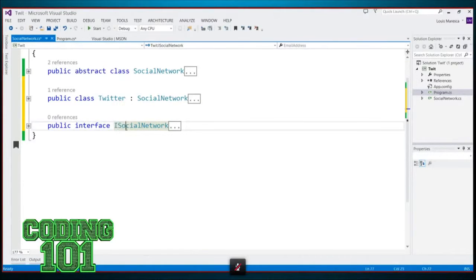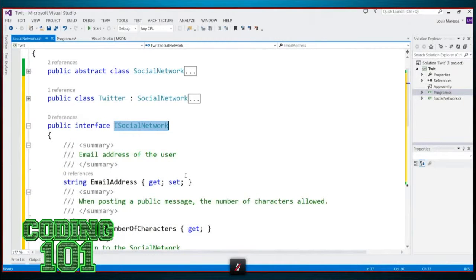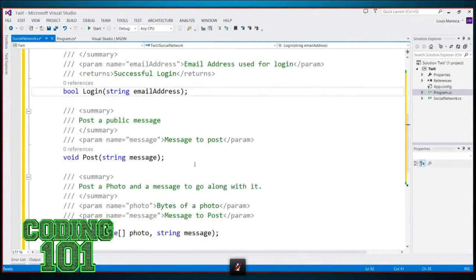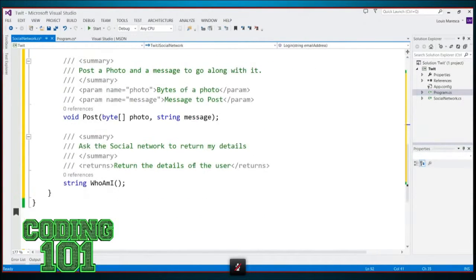It's with a prefix with an I. Well, most people prefix their interfaces with an I, so it's an interface. It's just an old school way of doing it. And then you notice down here that everything is basically like the abstract versions. It doesn't have any curly braces underneath it, and it doesn't have any code inside of it, which means now